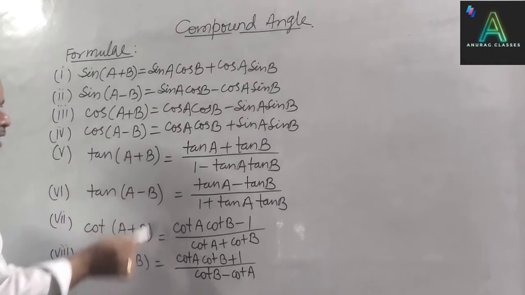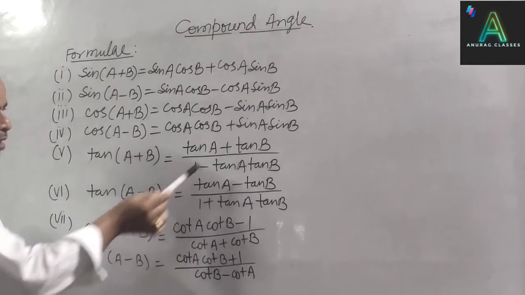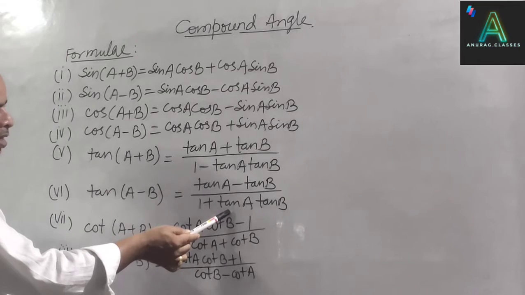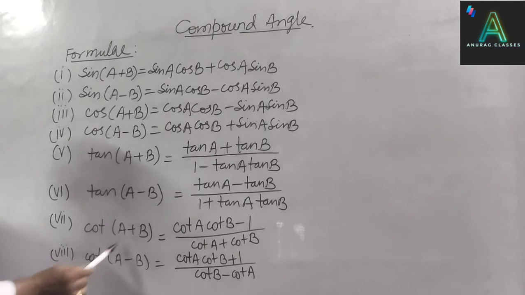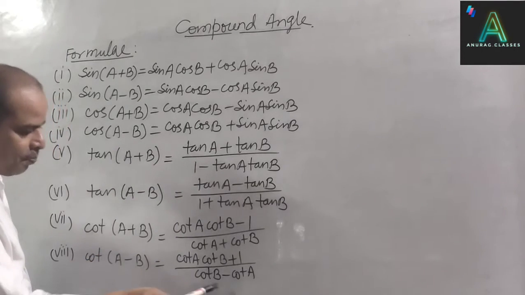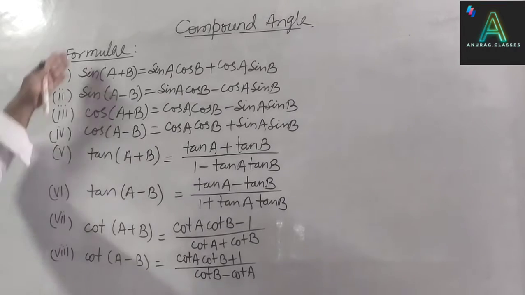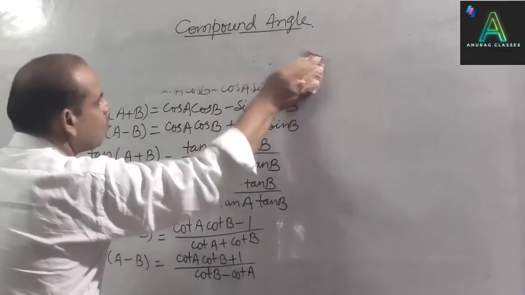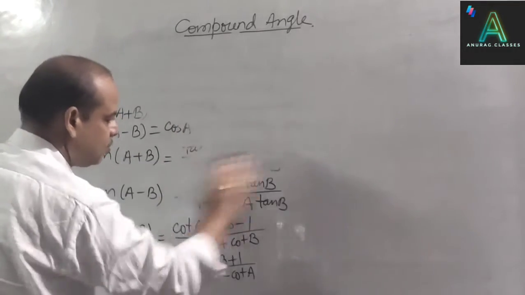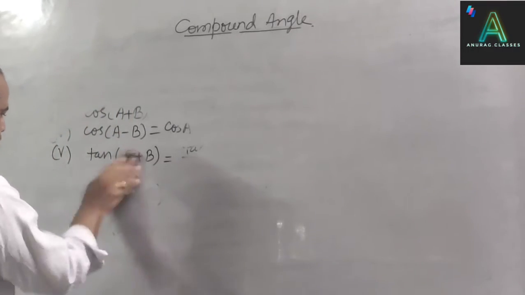Similarly, this is the formula for tan(A+B), which is (tan A plus tan B) by (1 minus tan A tan B), and this is tan(A-B). It can be remembered easily because there is a difference in signs only. Similarly, for cot(A+B) and cot(A-B), there are formulas with the difference of plus and minus sign. So, hoping you have noted down the formulas, please move to some further results depending upon these formulas. I am going to show you some important results based upon these formulas.